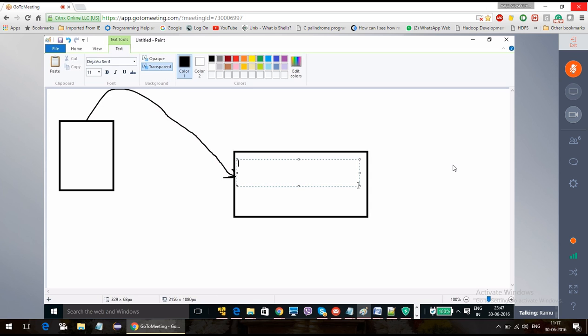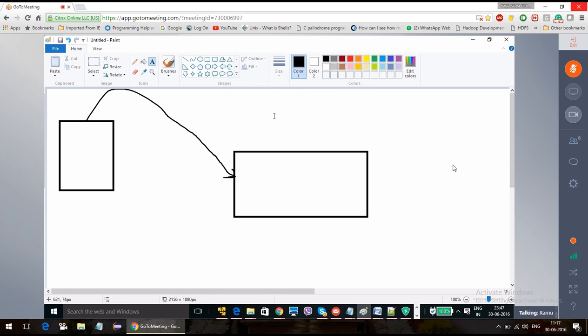Here I'm going to create one table, according to the file. Create table emp_tmp, a temporary table.